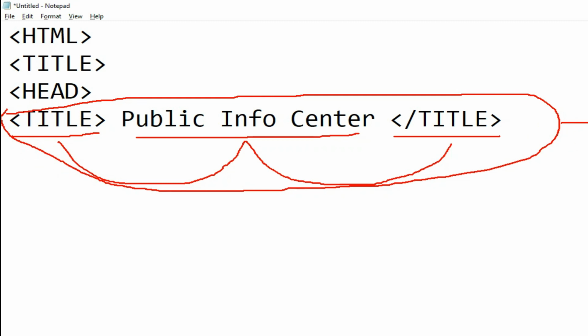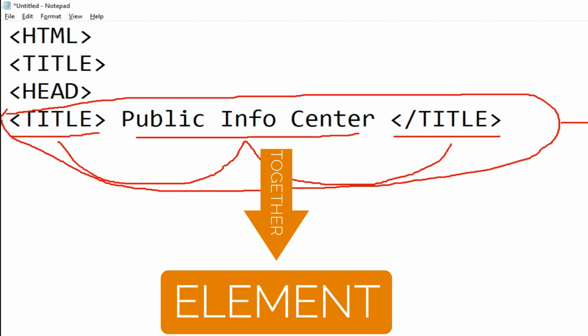We will call it the title element. So finally, an element is a combination of start tag, content as well as end tag. A combination of these three is an element, and here this is the title element.